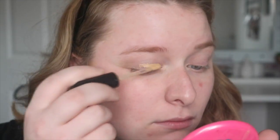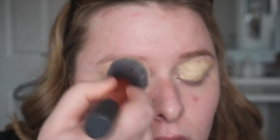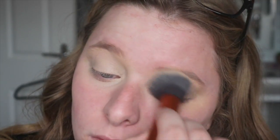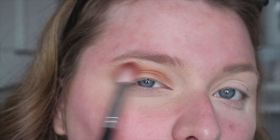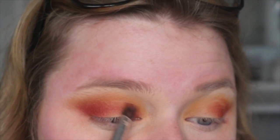So first of all, we're starting this look off with eyes, because when I actually did this look the first time, I started off with eyes and I noticed that it was a lot easier to do my foundation with the fallout and stuff afterwards. So I'm starting off with the Born This Way concealer and then just setting with a powder, and then for eyes I actually used the Jaclyn Hill Morphe palette mixed with an Inglot palette, which I actually forgot to show, but I just used the only yellow shade in the Jaclyn Hill palette mixed with some reds and some oranges and some dark berry shades,